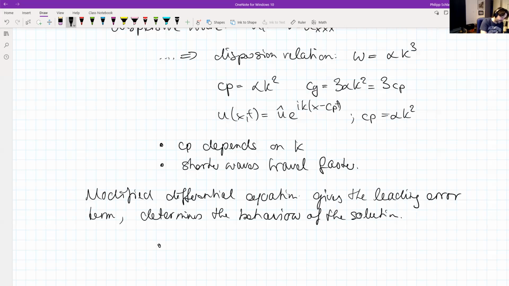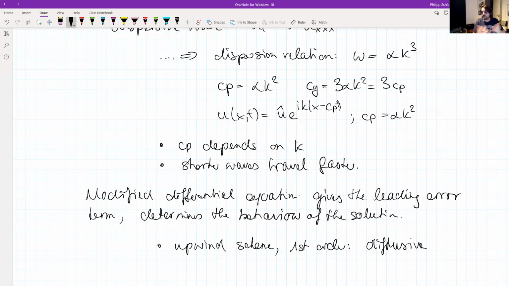And typically what we get is if we have an upwind scheme, so that is a first order scheme, then typically the error can be written as a second derivative, and this will give you a diffusive behavior of the solution. So your leading error term acts as a diffusion, which will lead to smoothed out solutions. And an example, of course, is the typical upwind scheme that we have seen,